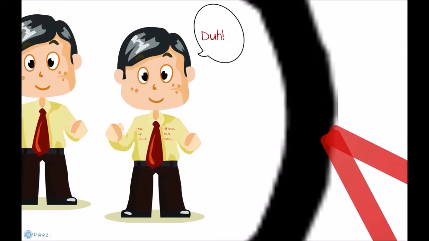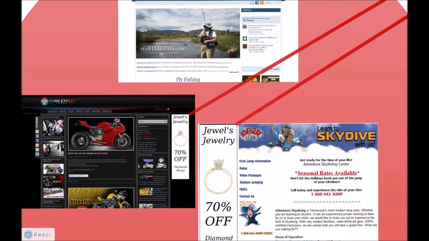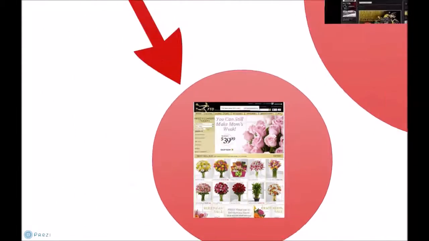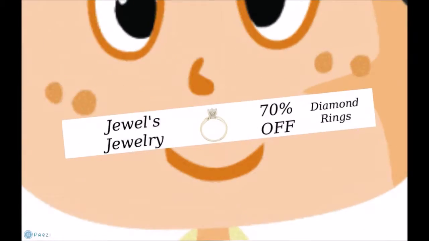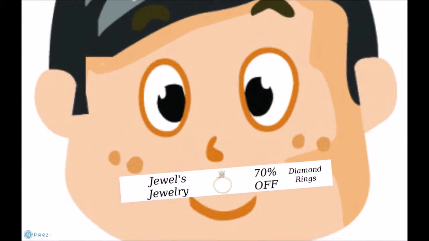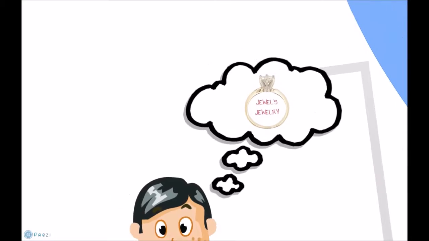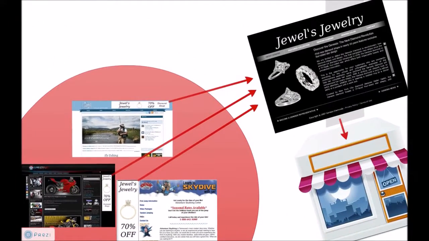And they're dating. Duh. While Bobby spends most of his time online reading about his hobbies, he spends enough time doing things like buying flowers that it's clear he's a dater. So when Bobby's online, Jewel makes sure her ads are under his nose, thus keeping her brand top of mind with Bobby. And when he's ready to make a purchase, keeping her store one click away from another diamond ring